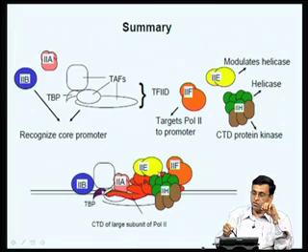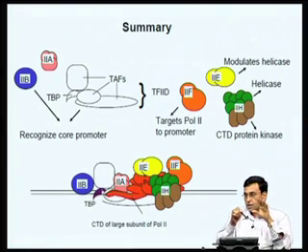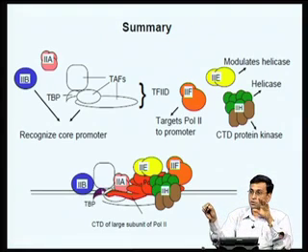These factors then join the pre-initiation complex, and once this entire complex is assembled in and around the TATA box, and if ribonucleotides and ATP are present in the cell, then TFIIH phosphorylates the C-terminal domain of RNA polymerase II. This phosphorylation of the CT domain is the actual signal that RNA polymerase can now leave the promoter and start transcription.